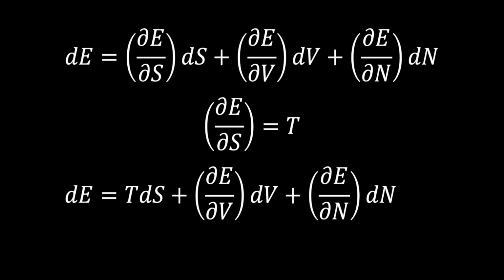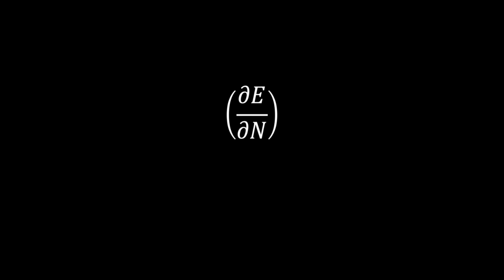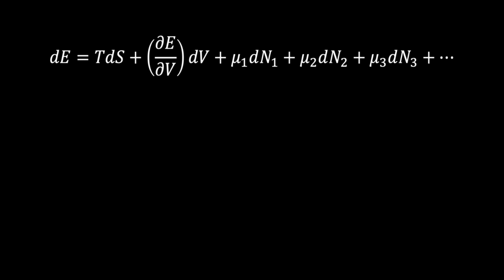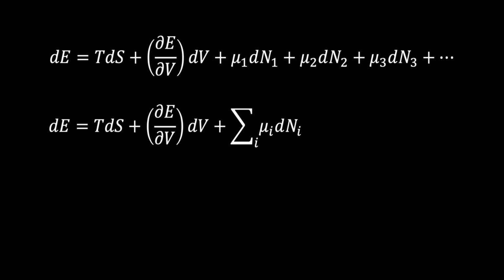Let us first consider how the energy changes with a change in the number of particles. As we add more particles, the internal energy will increase, as each particle has some energy associated with its momentum or chemical bonds that might make up the particle. This will be different based on what the nature of the particle is, and thus we call this term the chemical potential. If we have more than one chemical species, then we'll have multiple terms here for the individual chemical species. However, for what we'll be working on today, let's just say that no particles change their nature or leave the system. If this is the case, then we can fix dN to be 0, and this part of the